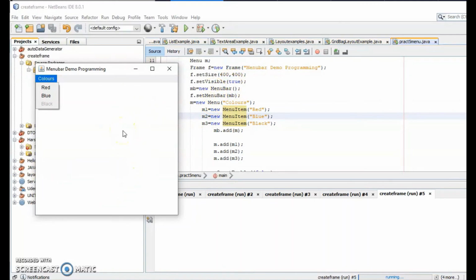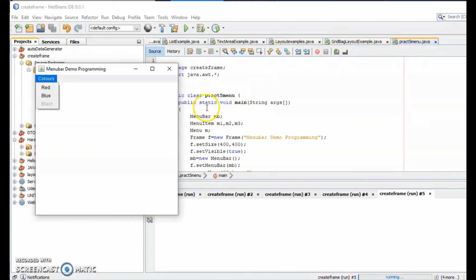That I have already explained. And after that, you have to create. Here 3 things you should remember. First, you have to create the object of the menu bar. This is the line which you are seeing. It is a menu bar. You have to create the object of the menu bar. Menu bar is a predefined class, so you have to write it like this, M capital and bar B capital. So MB is the object we have declared already here. See, MB equals new menu bar.